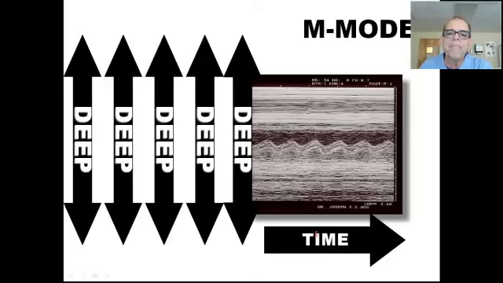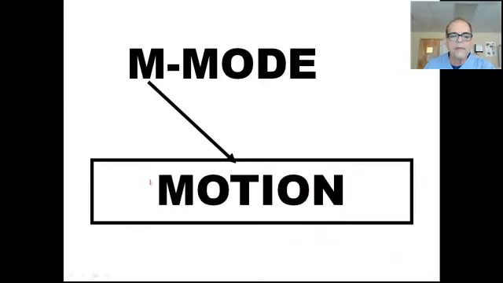B mode produces a picture that is analogous to the organs that are inside the body. M mode, no. M mode provides other information, but M mode does not produce a slice of the body. We use M mode to measure the heart rate in embryos and fetuses. M mode means motion mode and is good only for the heart.